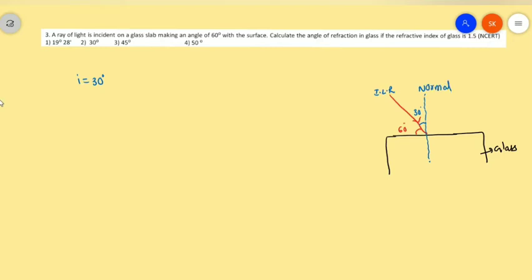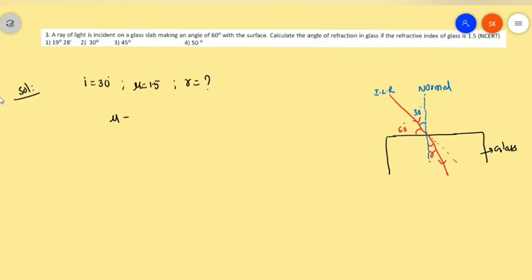Then after that, the light ray cannot go in a straight line. It will bend. It will bend towards the normal when it goes from air to glass. And our question is, what is the angle of refraction? Right, we have to find out the angle of refraction in this question. What they give? Angle of incidence they give. The angle of incidence is 30 degree, right? In the solution, angle of incidence is 30 degree, and then calculate the angle of refraction if refractive index is 1.5. Refractive index is 1.5, then we have to find out the angle of refraction.